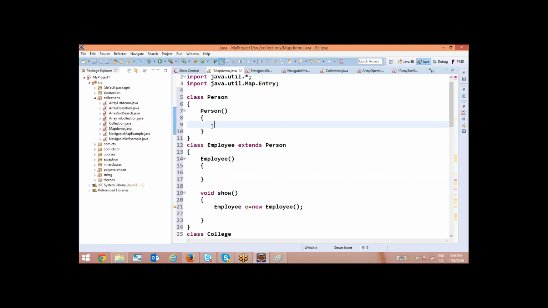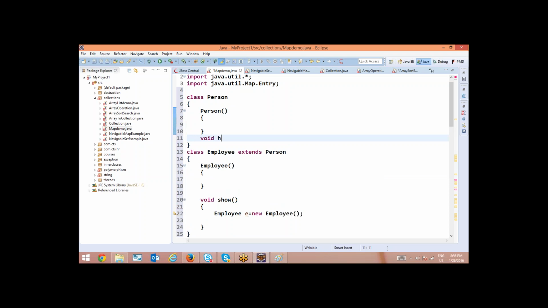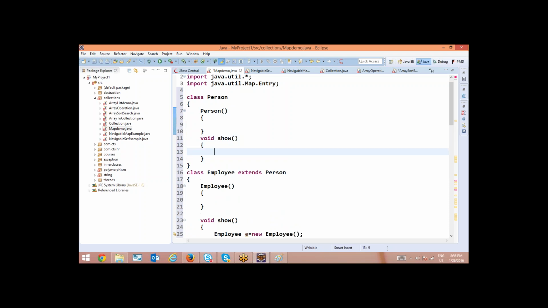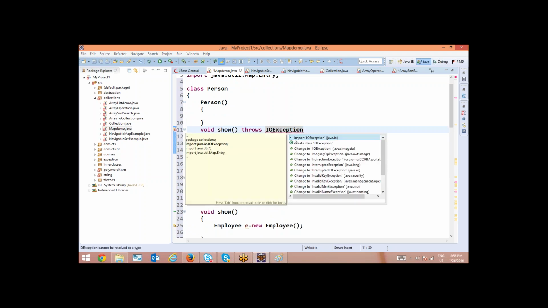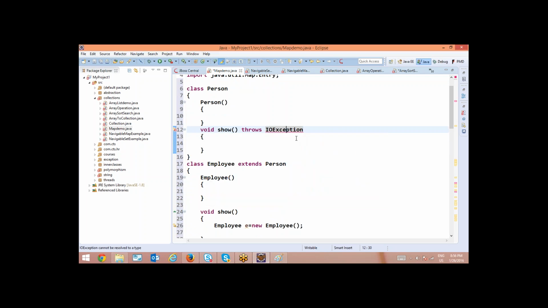Yes, yes. See, if you have an exception, exceptions are in functions, not in a constructor. I have a function called show, and I have another function called show. The superclass is throwing some exception, throws IOException. Only that exception you can throw here. IO means you need to import. So if the superclass throws, then only that exception you can throw here. But if the subclass throws and the superclass does not throw, it will be an error.